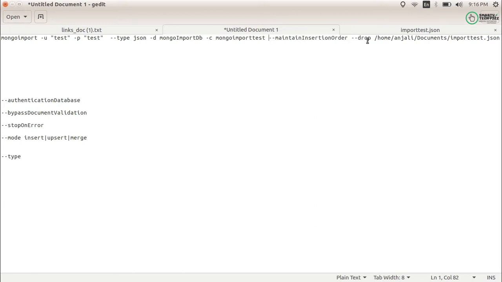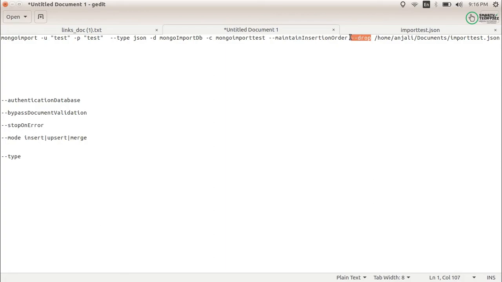Fine. And this is the hyphen drop. Hyphen drop means I am using this collection, and if this collection already has any data, I want to drop it. I don't want any single piece of data in it, so that is why I have used the drop. If you don't want to drop the collection and just want to remove the data, you can skip this.